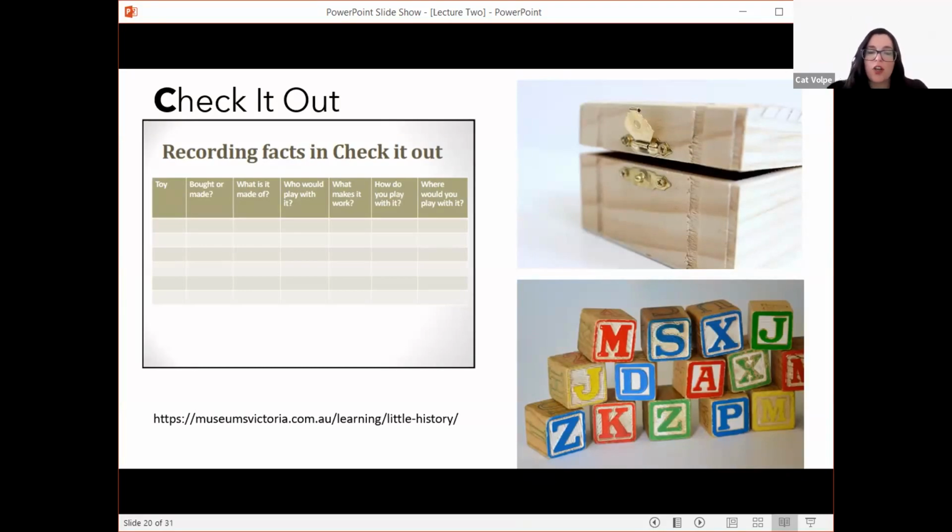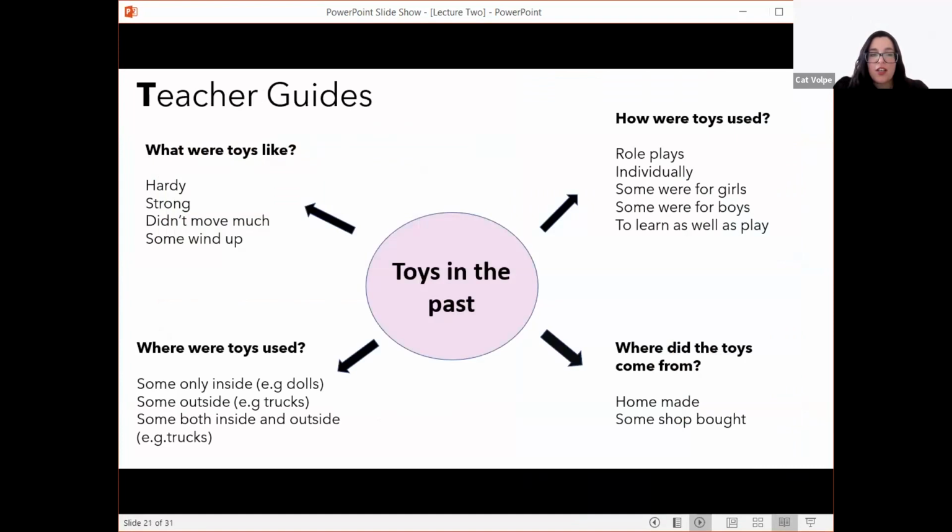So far we've talked about the activate stage, where students are tapping into prior knowledge that they have, and the check it out stage, which is stage number 2, where students are recording information that they've gathered from the information sources provided by the teacher. So moving on to the next stage, the teacher guide stage. This is where teachers are helping organize the information for students. So it may be in some sort of